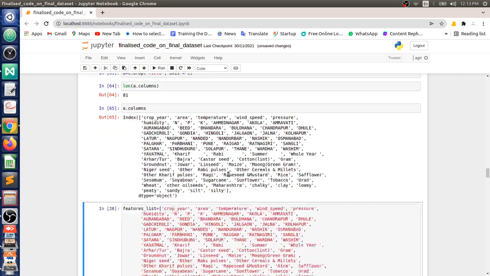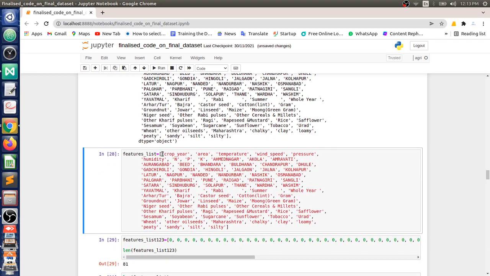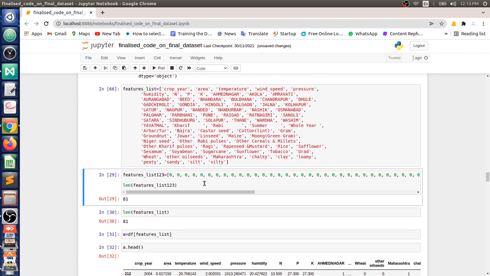Now, what are my features? All the columns except yield are my features. I'm just taking that as a list.